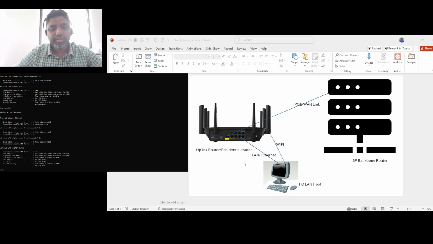So I'll put in the description box the video for the previous session where I described different elements on the right side, right? So in this video I'll just describe the command prompt ipconfig command, right? So let me just highlight only the command prompt, right? So in command prompt, as you see here,